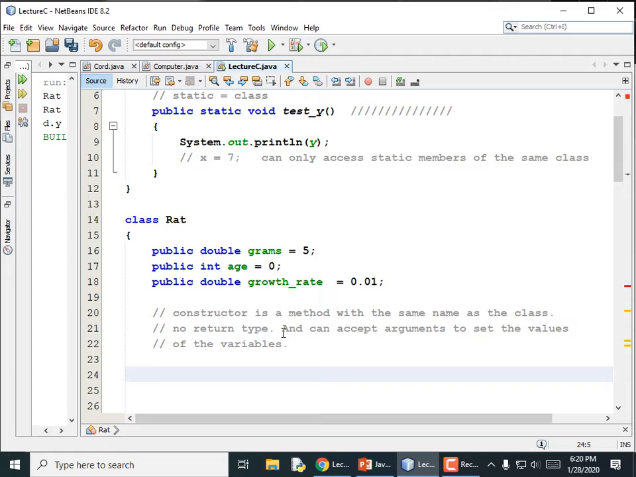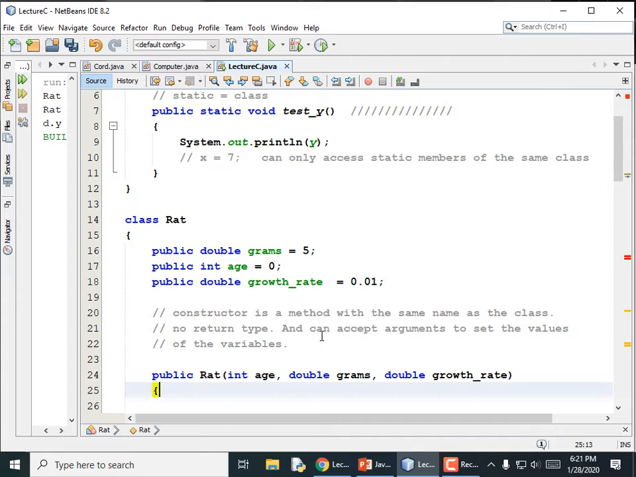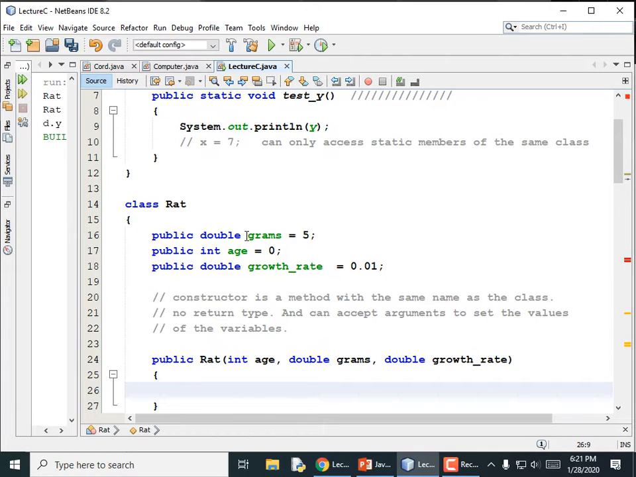I'm not going to add the default constructor. I am first going to add this one. So it does not have a return type. So I'm not going to say public void. It just flat out doesn't have a return type, not even void. But it has the same name as the class. And it's going to accept the age and the grams and the growth rate. So int age, comma, double grams, comma, double growth underscore rate, in parentheses,